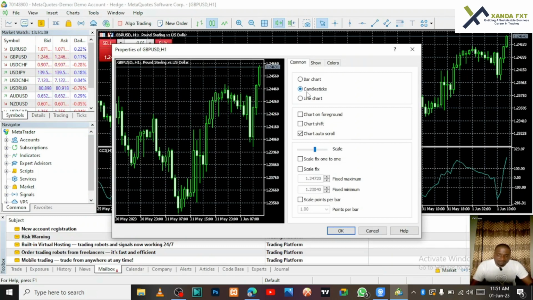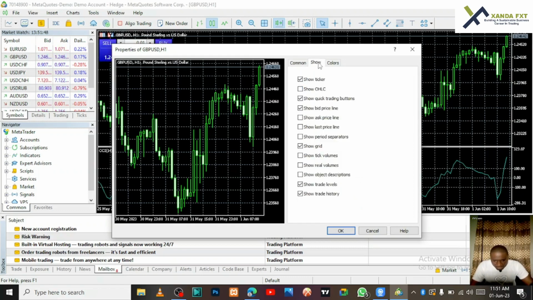Under the chart pattern, I select candlestick because that is what I want to use to trade. Go to the next one, the Show tab. This is where you select the things you want to be displayed on your chart. The OHLC gives you the detail of every candlestick: the opening, the closing, the day high, the day low, and it also gives you the prices, the measurements, the volume, everything about the indicator.